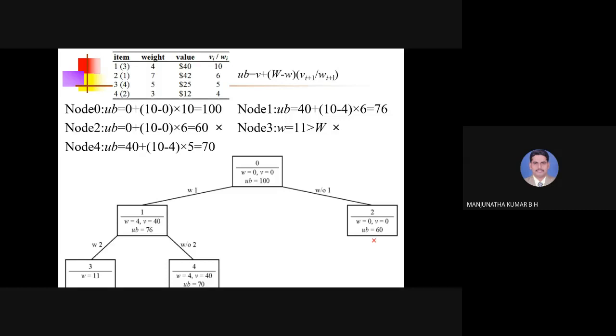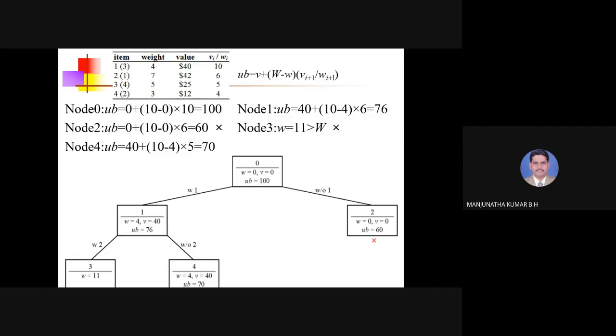See, again I am repeating, node 4 is constructed for without 2. Item 1 is already considered, item 2 is also considered, but considering and placing are different. I'm considering the item for calculation. Item 1 is considered and also placed. Item 2 is considered but not placed. So when I am not placing item 2, I am constructing node 4. In node 4, the next choice is item 3. Hence in the equation I have multiplied the remaining capacity with the value 5, which is the profit weight ratio of the third item.